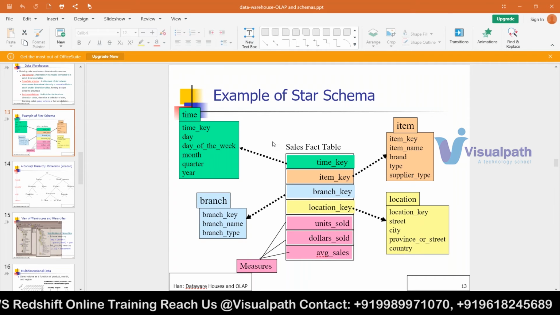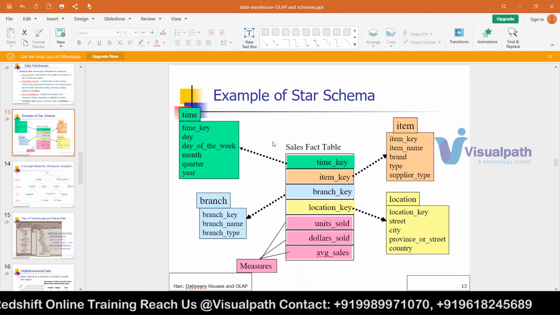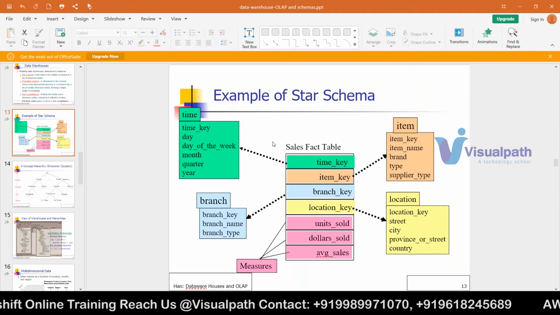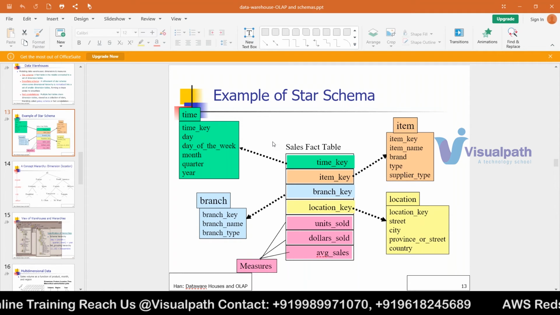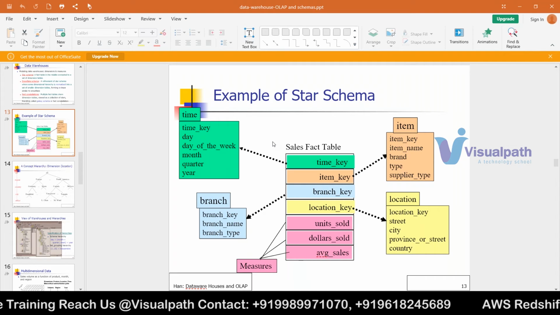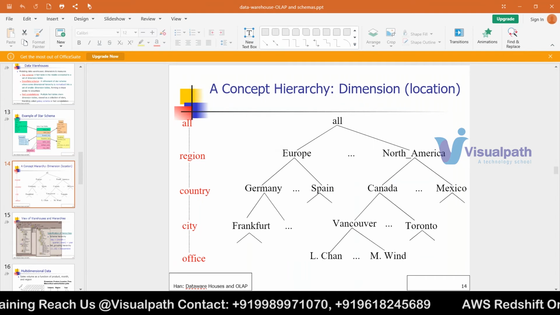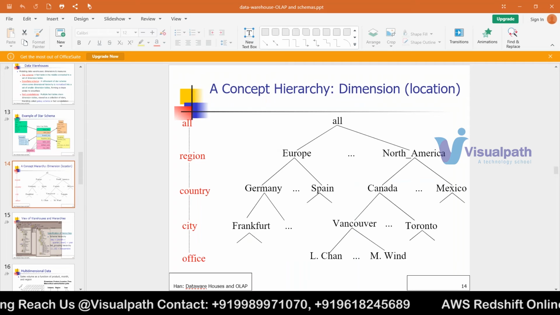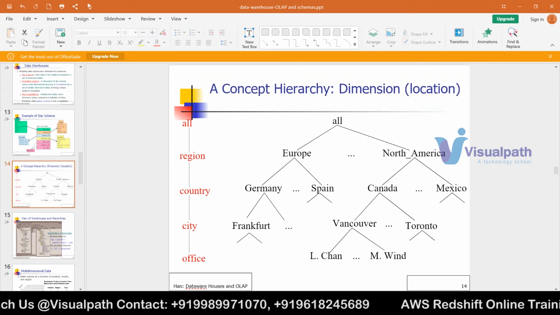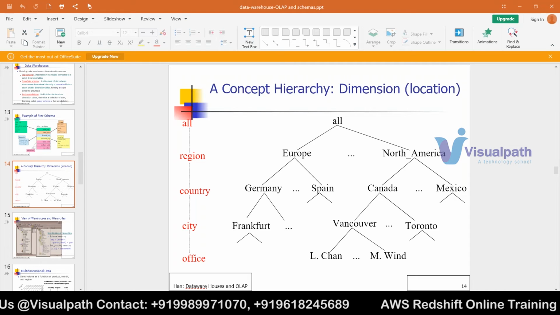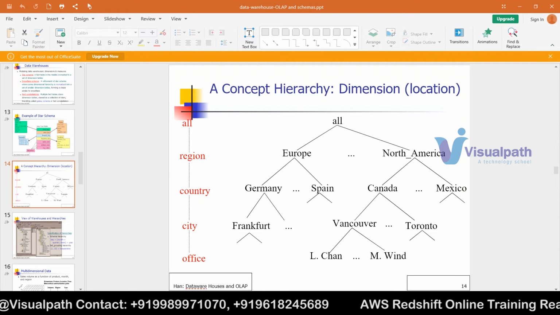So, for example, you are dividing location into parts. Under Canada they have Toronto, Vancouver; the US is divided into states, and Europe is divided into the European countries. That is called snowflake. So yes, right, joining happens more with more tables, so only in snowflake will there be more joins. Yes, you're right.